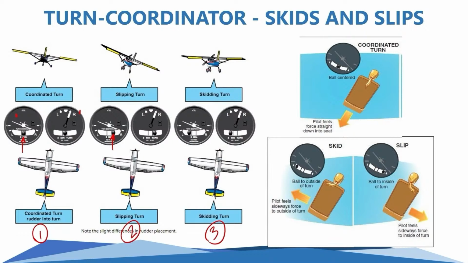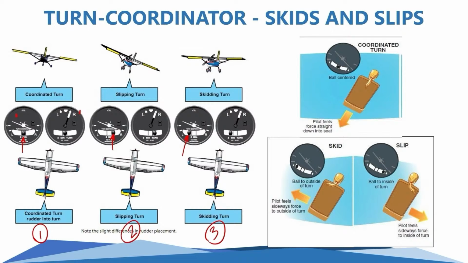And in example number 3, same thing, right-hand turn, except the ball is on the outside of the turn. It's in the opposite direction of the turn, and we call this a skidding turn. A skidding turn is where the pilot is going to feel sideways force towards the outside of the turn, in the opposite